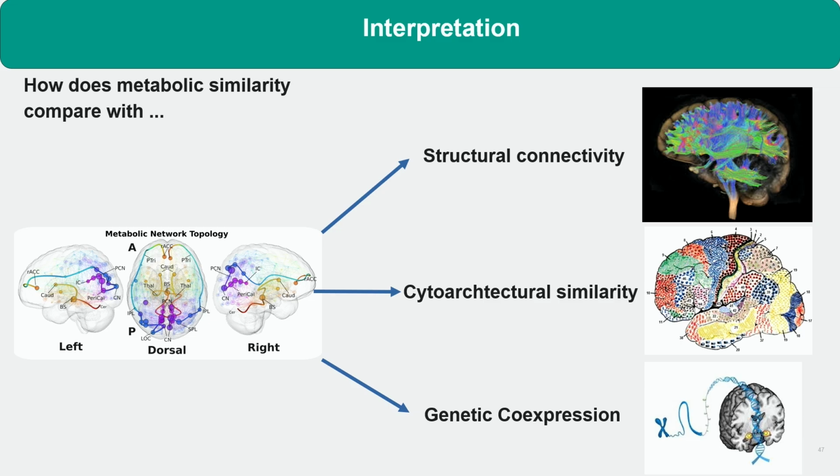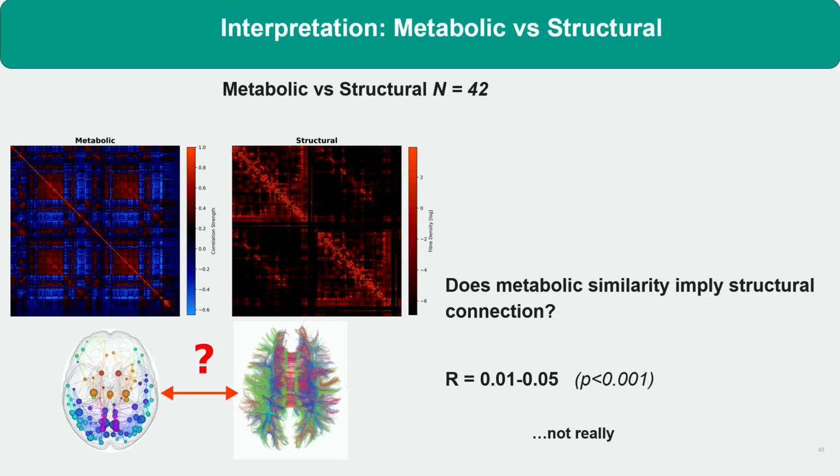Okay, how does this compare with other networks? With the structural one, not that much. We only get a 0.05 correlation. We can even test other metrics, communicability, transmissibility. There is little similarity between the structural and the metabolic one, which is surprising, but it also gives us hope that we are in fact dealing with something completely different, something orthogonal to what you would get in structural